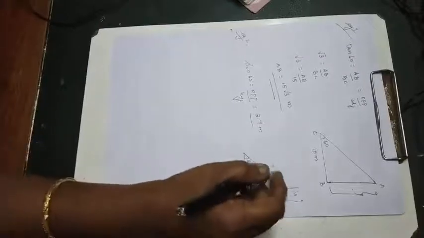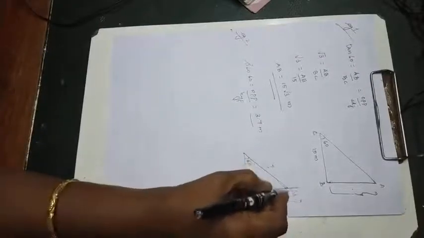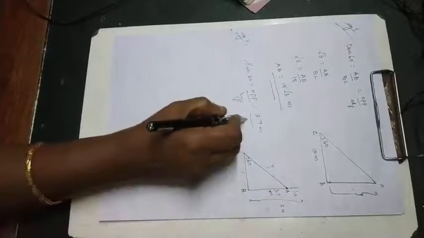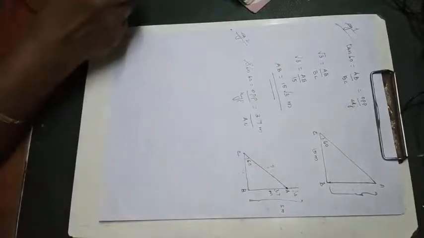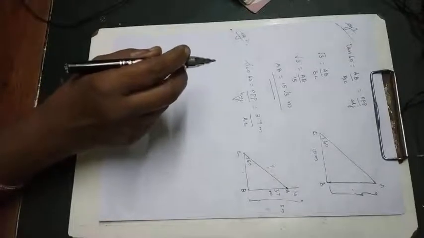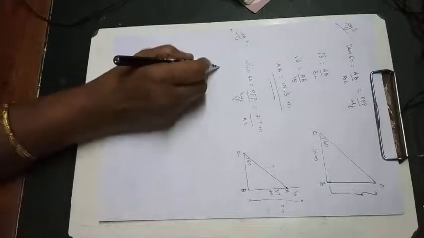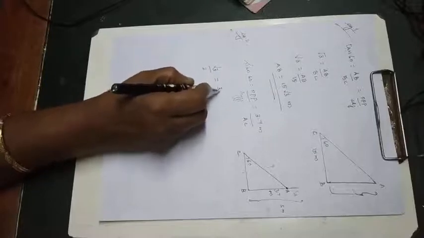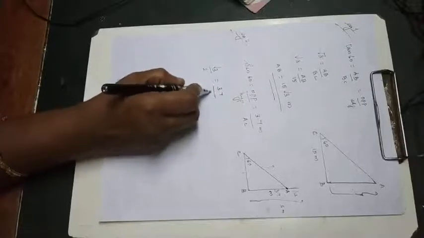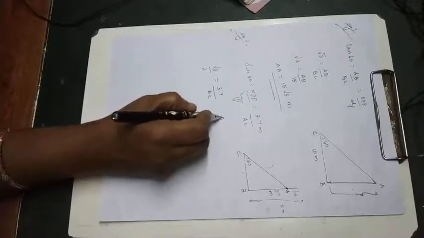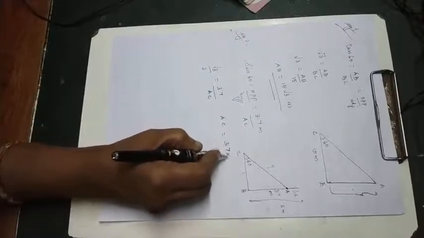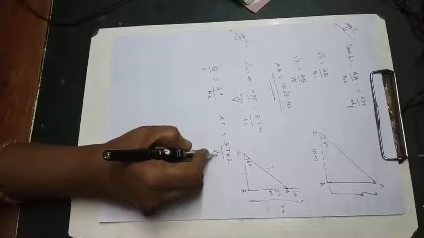So let us mark that one, A, B and C. So AC. And sine 60 value we know, that is root 3 by 2 is equal to 3.7 by AC, or AC is equal to